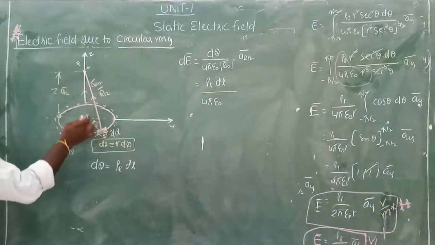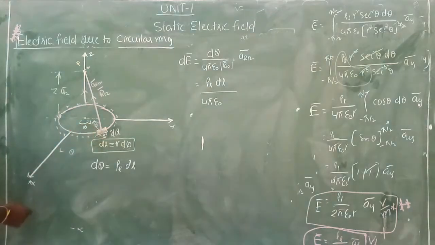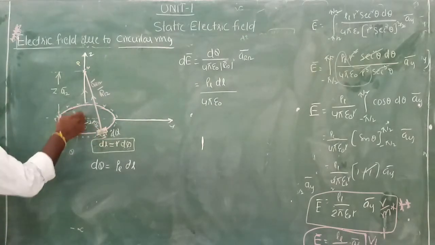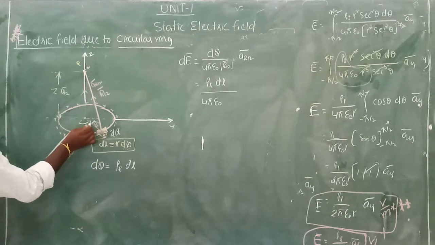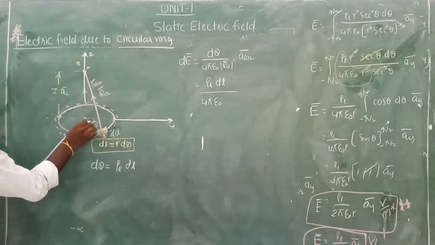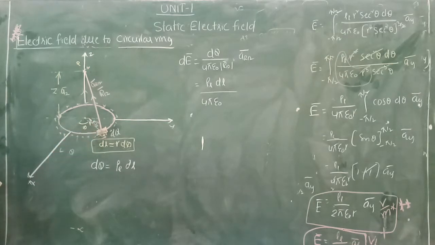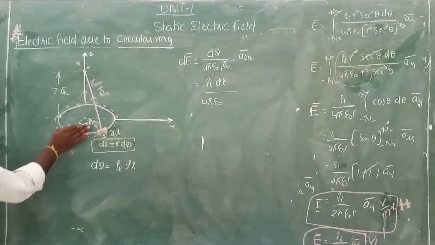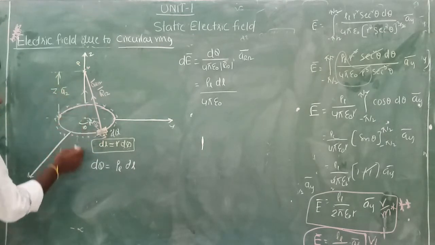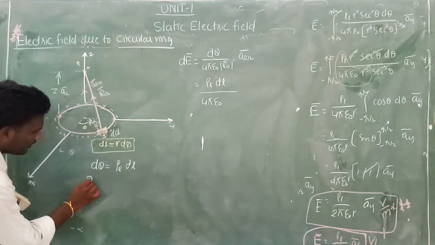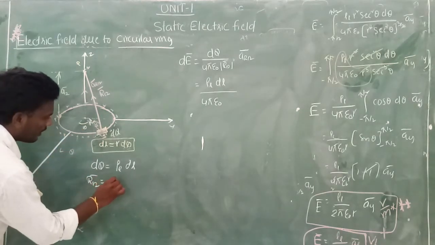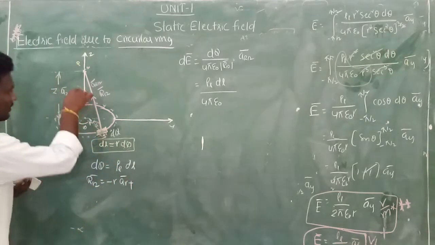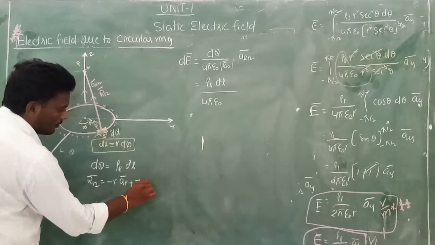It is the resultant vector, where vector a and vector b are in this direction. To add these two vectors, the vectors should be in the same direction. So I am changing this vector direction with a minus. See, write the minus here. Why am I writing it here? To add the two vectors, the vectors should be in the same direction. Initially the direction will be like this, but the vectors should be in the same direction. So I am changing the direction of this sign, so that the resultant vector r12 is equal to minus r into ar plus z into az bar.